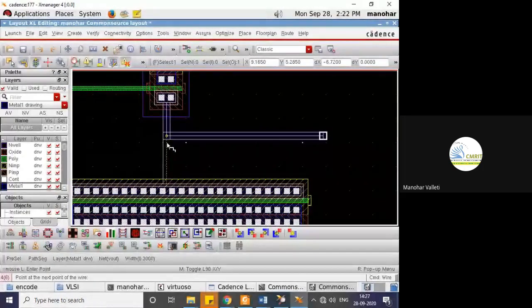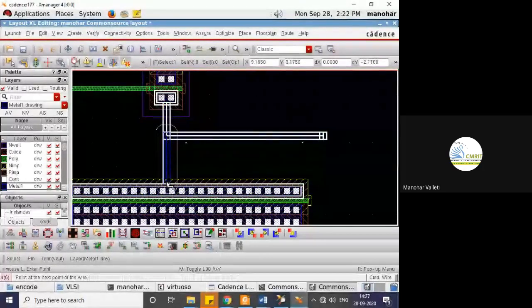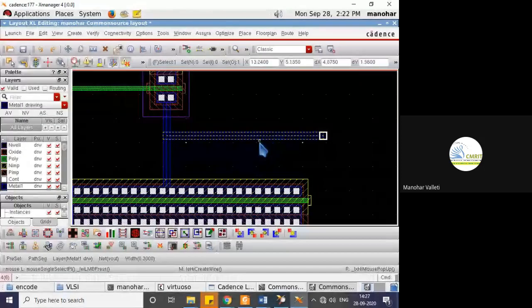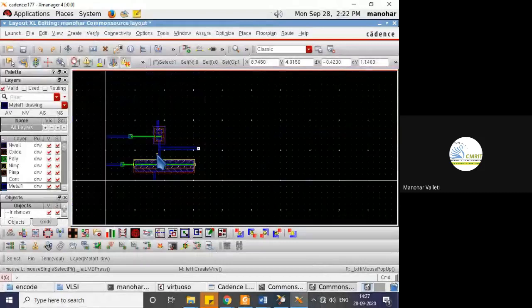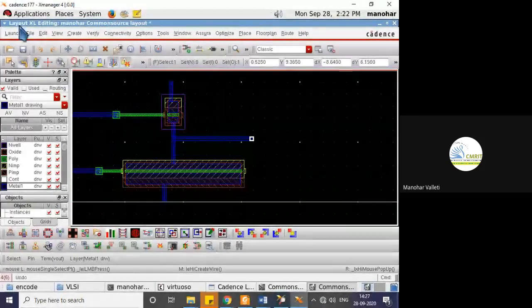Again, press P here. Automatically it will take a turn. So that only the metal width I reduce, so that it will take less metal to complete my layout. Layout just means the next step is just layering material, right? Layering on a silicon substrate, we just layer the metals, different types of materials to fabricate this common source amplifier. So save.